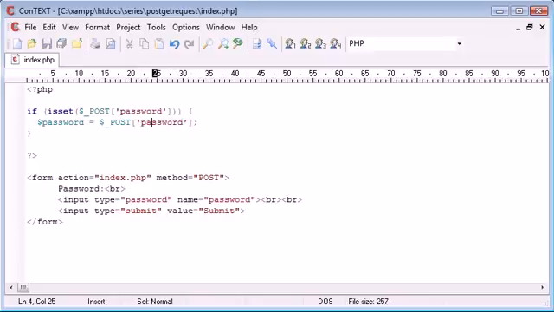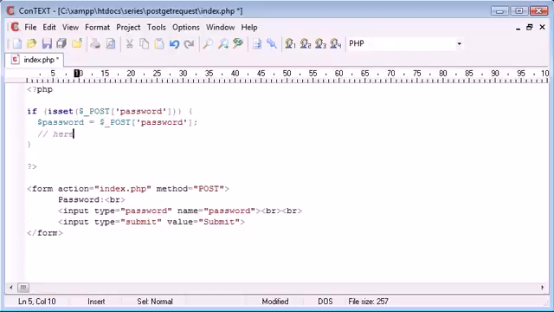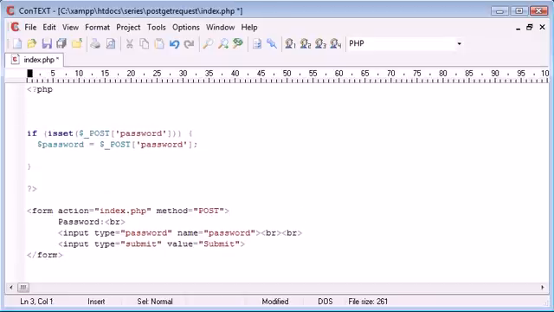password. Now, as discussed in the security video relating to forms, we could do the HTML entities just here. However, we're not actually displaying this password back out to the user. We're just going to process it down here and check that it's equal to a preset password. So the password I'm going to say is